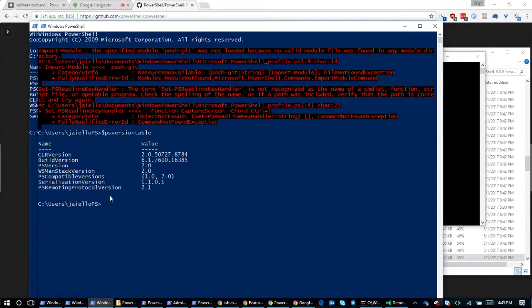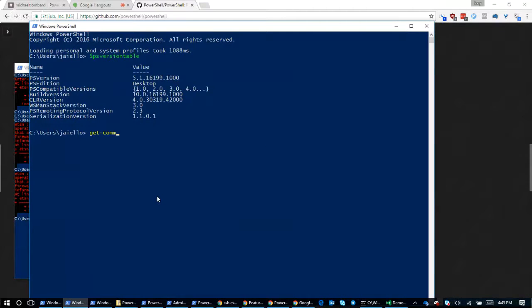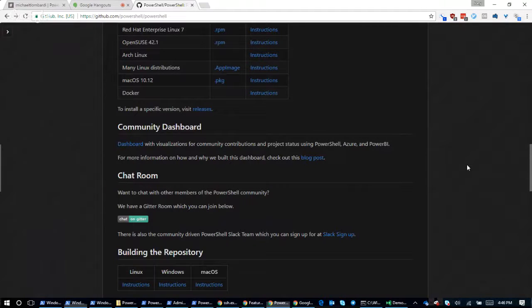But if I am over here on PowerShell 5, obviously I've got a whole bunch of other commands. So the point here was that you could try out PowerShell 6 without breaking your machines, without losing support for Exchange or SharePoint or System Center, or these guys that said, hey, we don't support WMF installs. They might not support PowerShell 6, but you can at least install PowerShell 6 on a machine without fearing that those scripts aren't going to continue to work in the older versions of Windows PowerShell. Does that make sense? Yeah, that makes sense. Thank you. Cool, no problem.